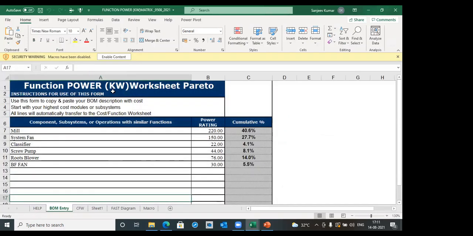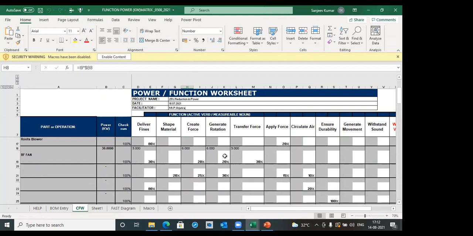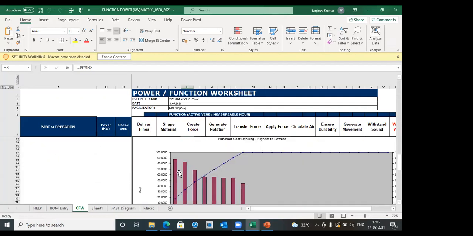This we have expressed in kilowatts. Yes, we have reviewed it. And what exercise have we done? Where is the force, how much percentage is it taking, and what is the curve indicating?